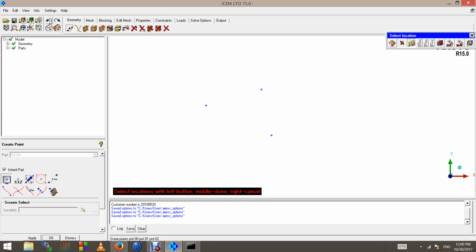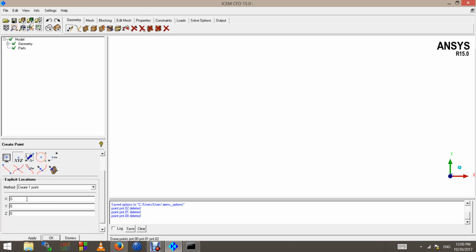I'm gonna undo that. Or if you know where the points are gonna be, you can specify them. Let's say create one point at x1, y0 and z0, and you got that point there, and you can just use this fit window just to make it look better. And let's say I have my another point at 10, 5,